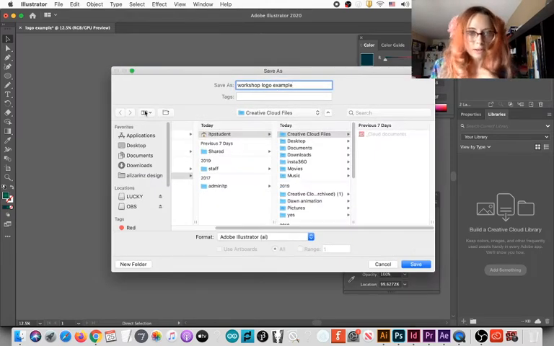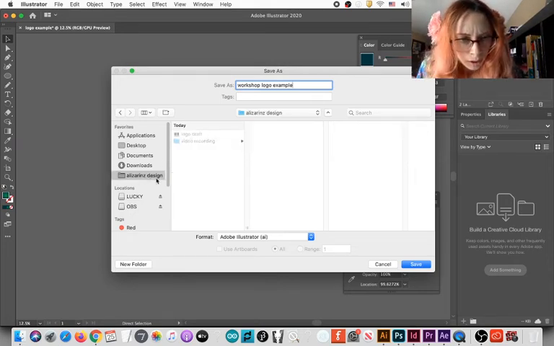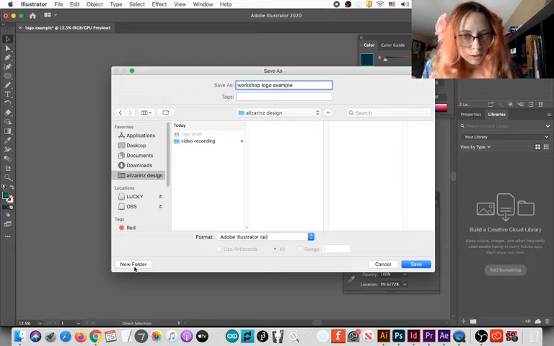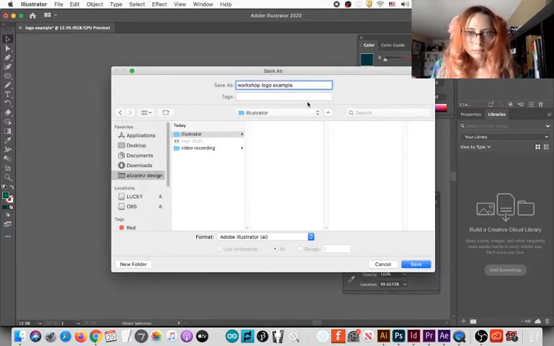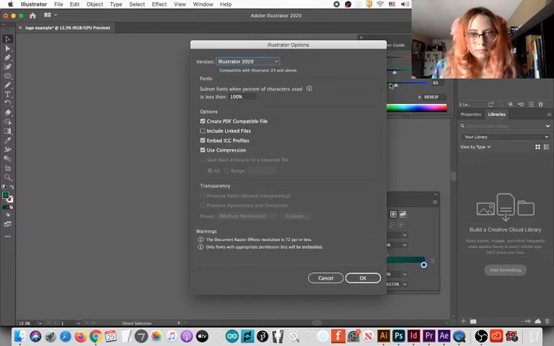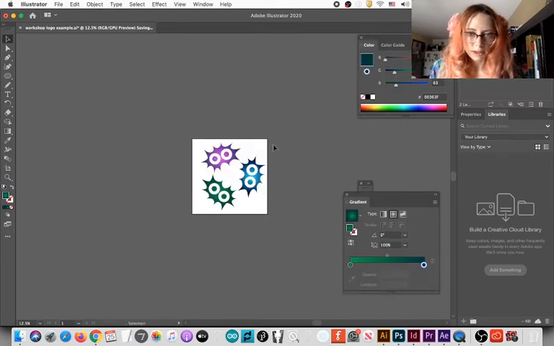I don't know if you're familiar with this Mac interface. Me, not exactly even. Illustrator options, they're okay. Just keep them the way they are.